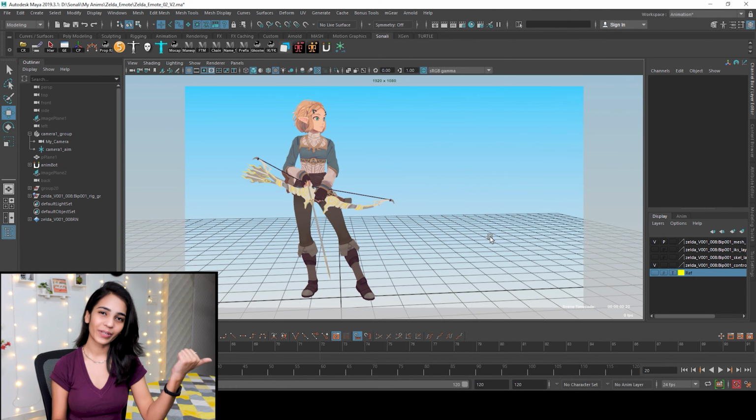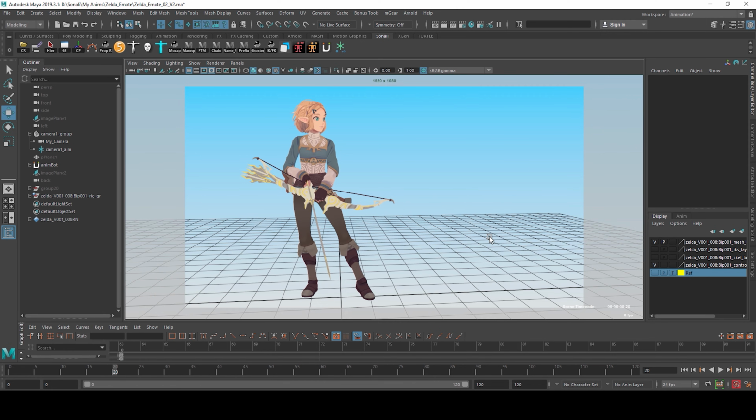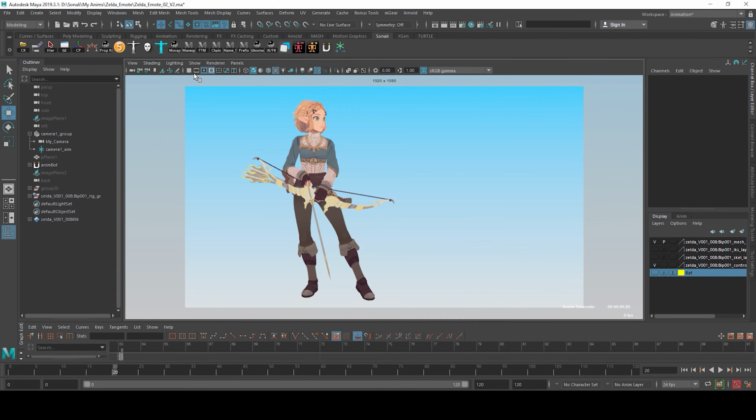Finally, we'll take a look at the Play Blast options, which is our last step. But before that, let's do a few more things. I don't need this grid to be rendered in my final Play Blast, so I'll just turn it off from here. And don't forget to change your viewport to the final camera that you want. Like I said before, whatever you see here in the viewport is going to be rendered. So you can change your camera under panels, perspective, and select your camera.